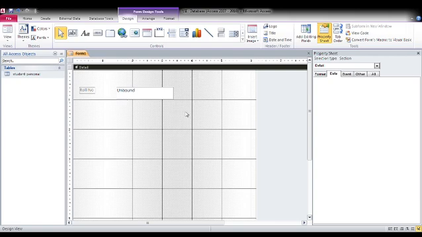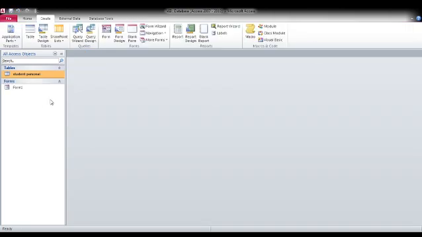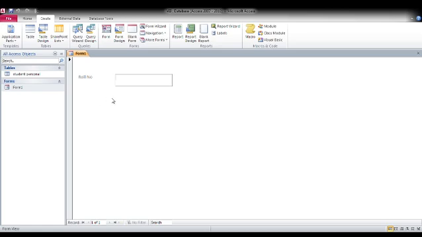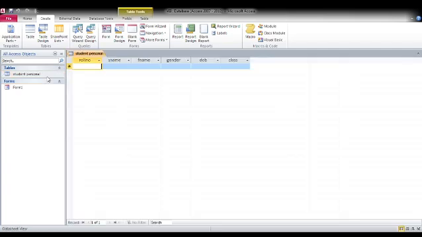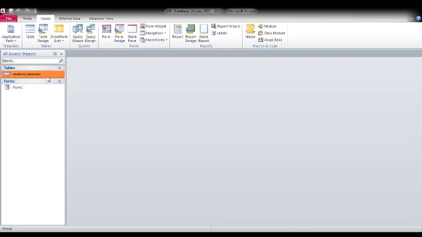I will show you this window also. We will save it and show you. Now see, if I add one, it is not going to the next one. I am asking for the next one, but it is not going. Why? Because we have not added any feature of going to the next, or what to do when I press enter. So that's why I said don't use design view until you are familiar with the topic, that is, how to add a design. See, my field is not added.